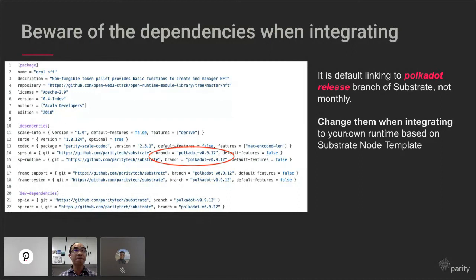Right. So this is a caveat. If you don't change it, there will be some very weird error that you may have no clue about. So this is the issue that you need to be aware of. All right. So with the caveat out of the way,